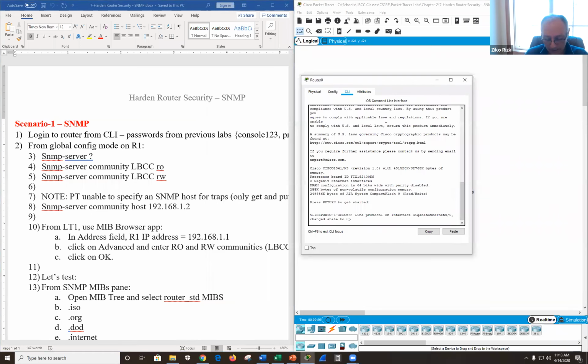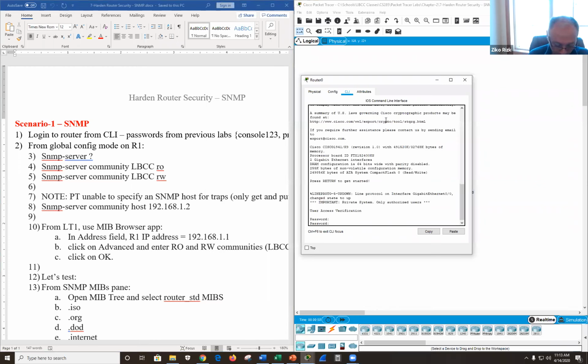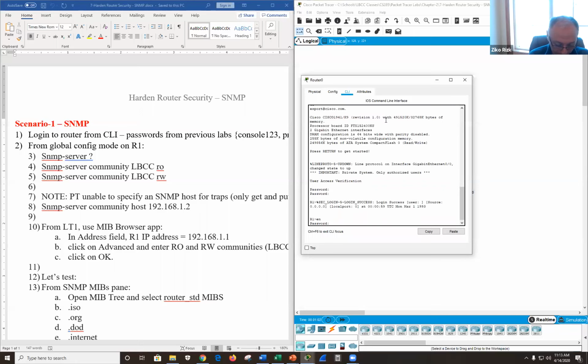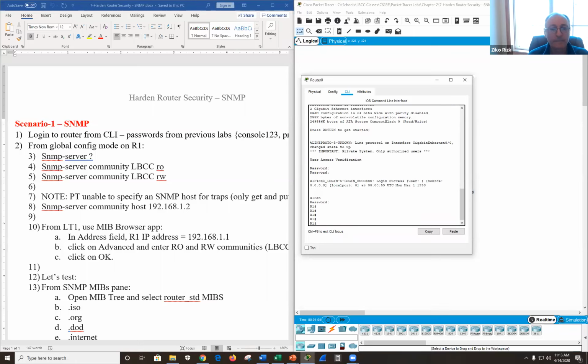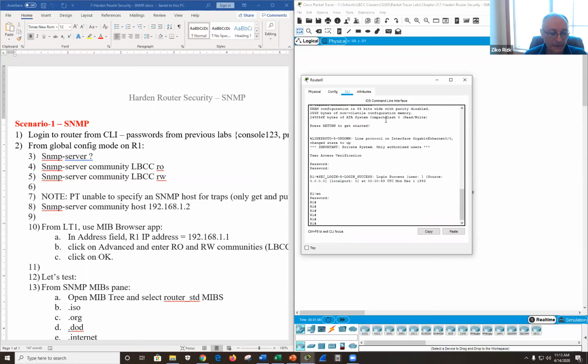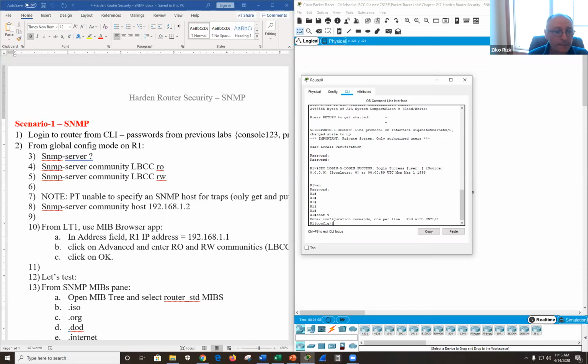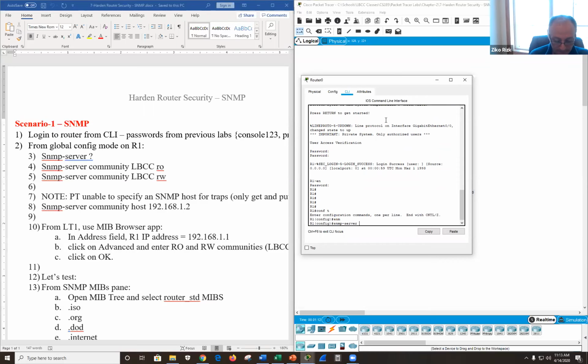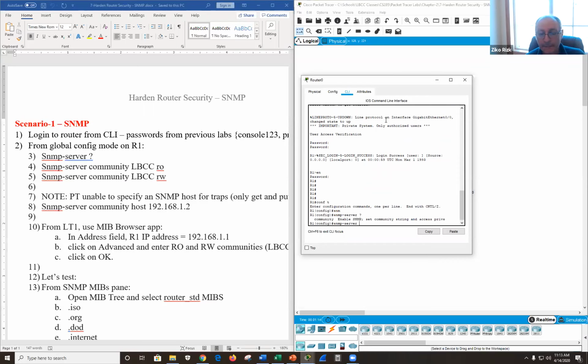So I'm going to log on to the router. Conf T, SNMP server. And I have to specify a community. This is basically the community of devices you want to manage, because you may have multiple communities.